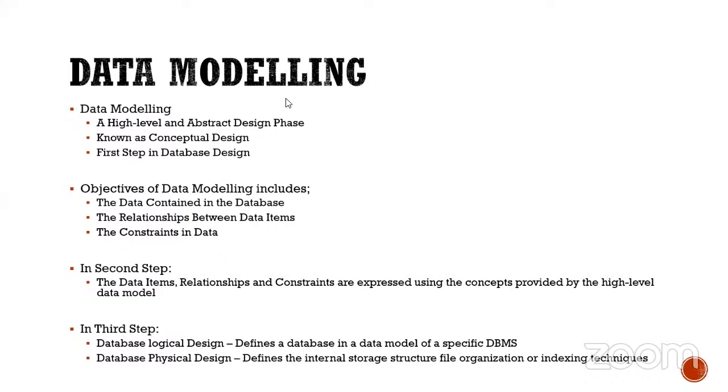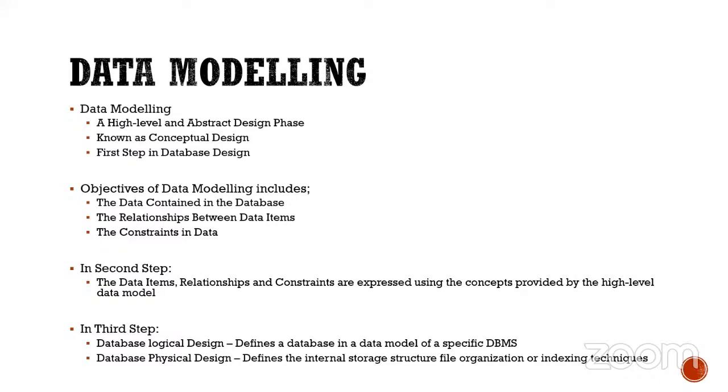So at this high level, we are looking at abstraction. That is to say, we are looking at those items that are very important to us. So when you are to design a database, your first point of call is data modeling, or conceptual data modeling, where you look at those things that are very important to you in the design itself. Now, objectives of data modeling include